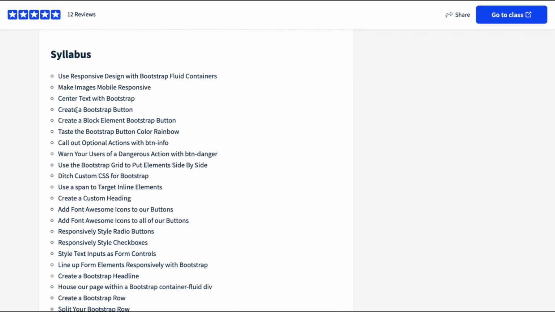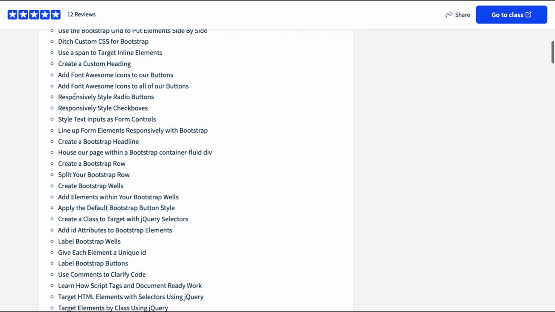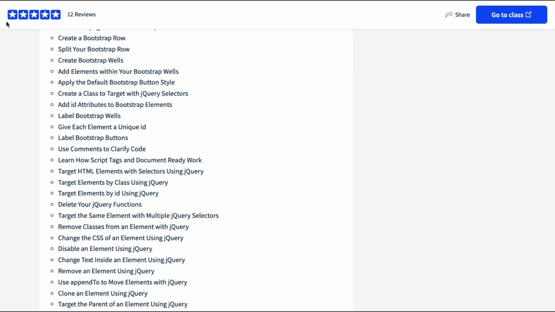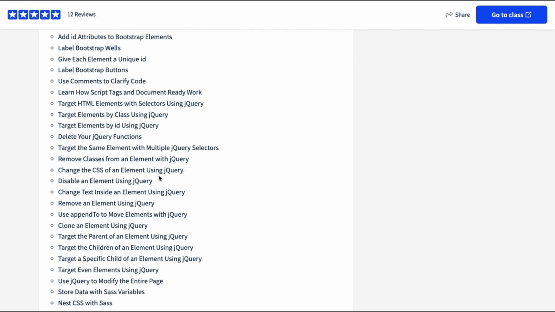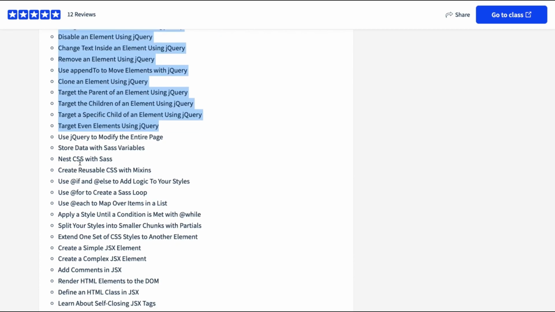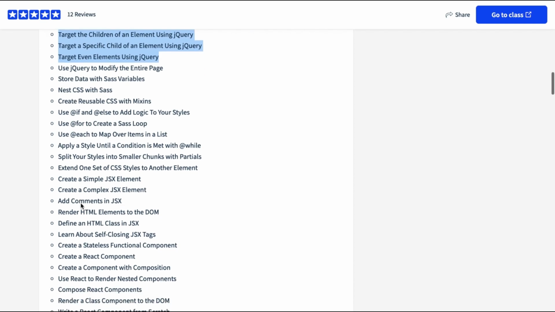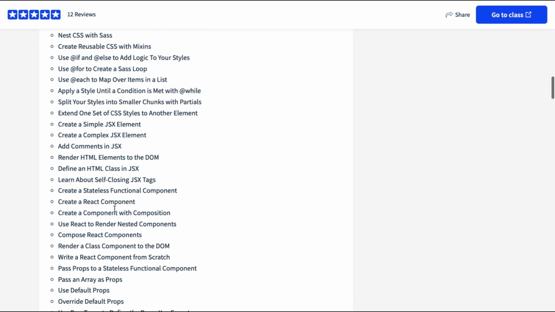As with the previous one, this syllabus is lengthier, and you will learn a lot of things with Bootstrap: how to handle Bootstrap, how to add fonts, buttons, text, the star buttons, or the bar on the top. Target HTML selectors using jQuery. You will also learn the importance of jQuery, and a lot of applications with jQuery. Nest CSS, and Sass. Sass is also important. Sass is a kind of CSS that you will learn in this course. Use if else to add logic to your styles, for loops, JSX,